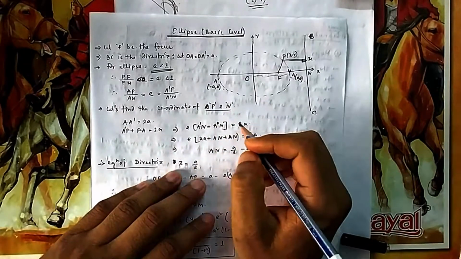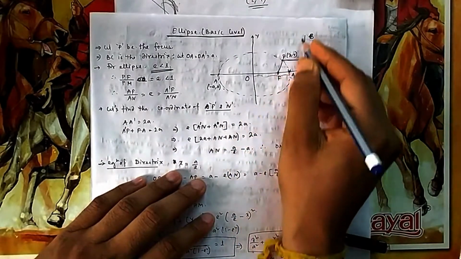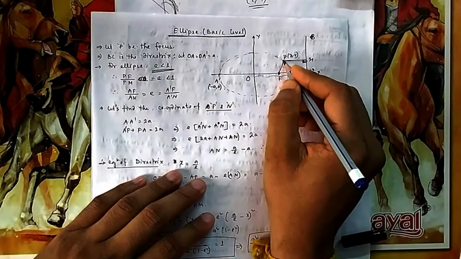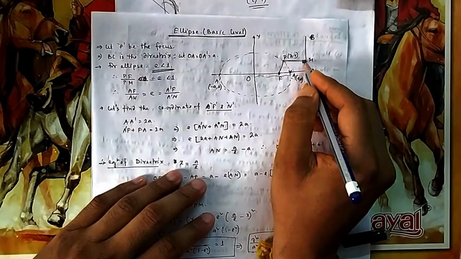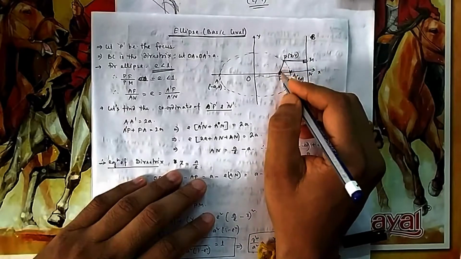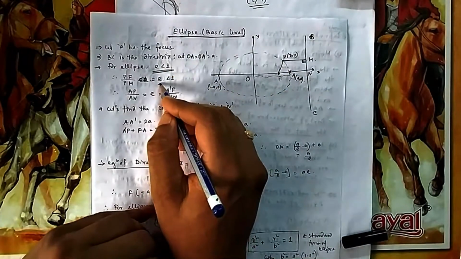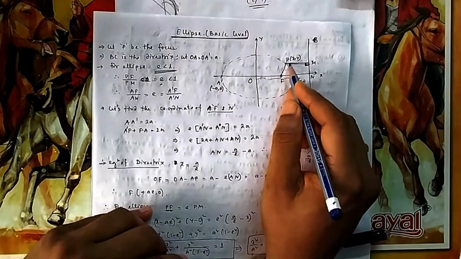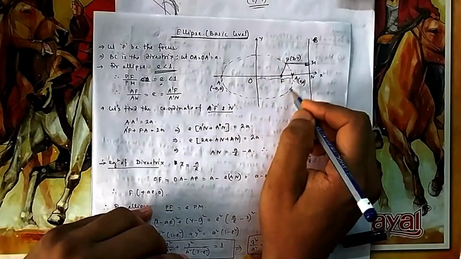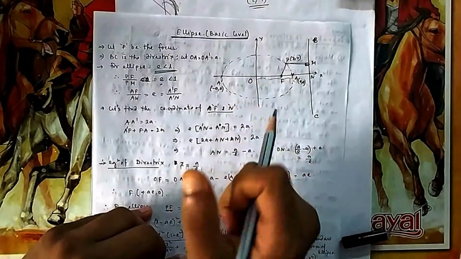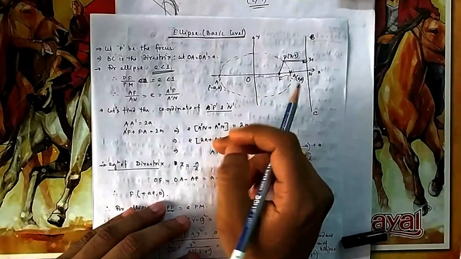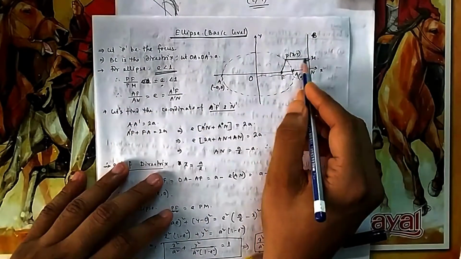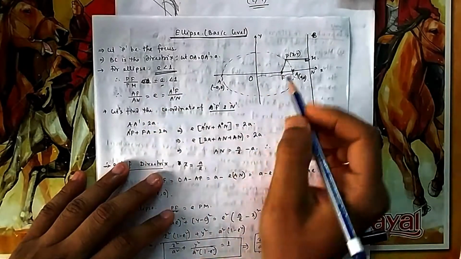In the conic section you have seen, for that you need a focus and you need a directrix. What was the idea? The distance from the focus should be less than the distance from the line. This ratio is known as the eccentricity. If it is less than 1, that means this distance is smaller than this one, then it will close and form a conic which will be known as an ellipse. Parabola was equal.